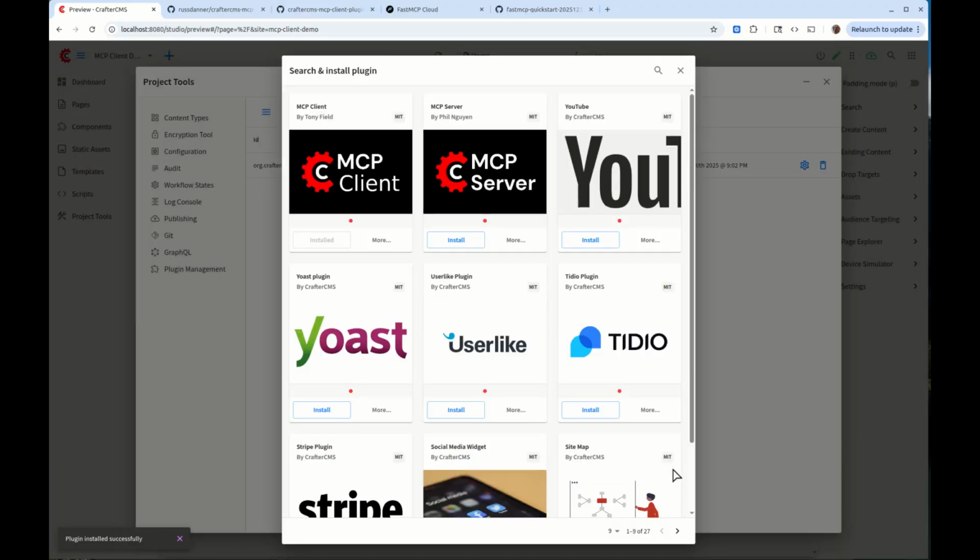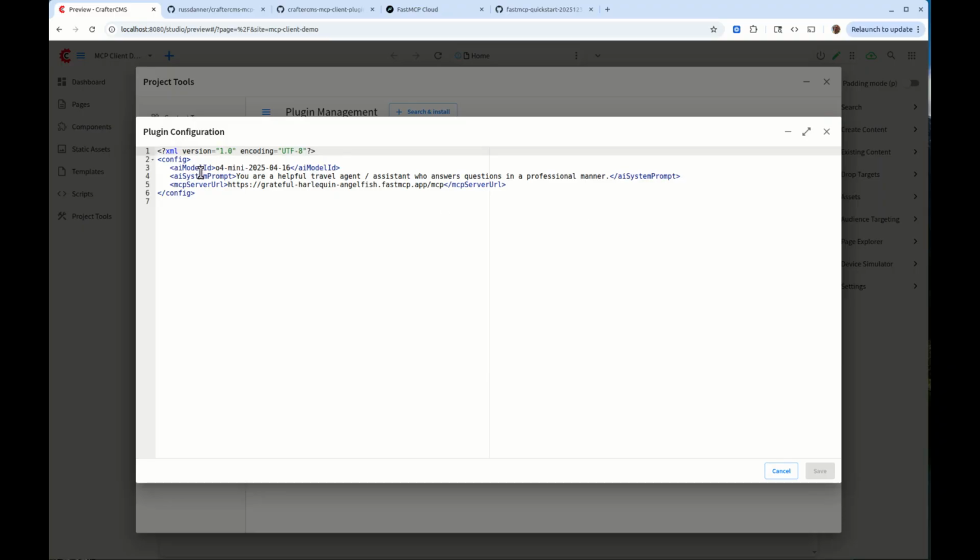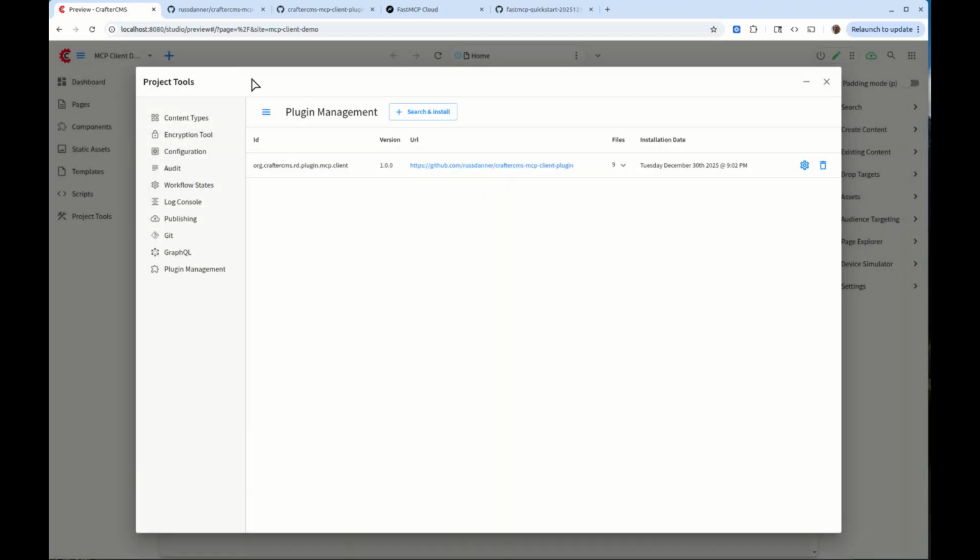Okay. And now that that's installed, we can see it here installed in our plugins. And if I want to look at those values again, I can click on the configuration, and here this is. So if I need to make any changes, I can easily change that. All right, now, as I mentioned, we have an MCP server out on the internet because I want to make